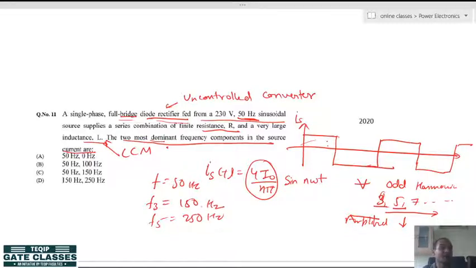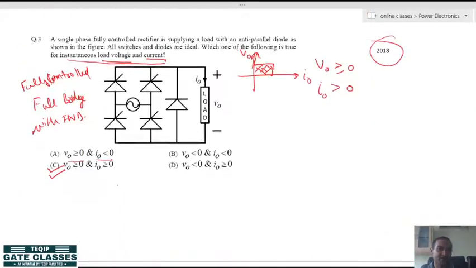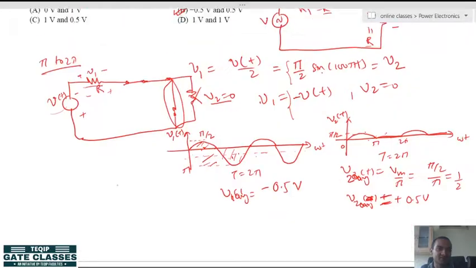Alright. So, I have told you that from performance parameters, GATE will ask direct questions. So, what will be the option? It is this. So, see how simple it is. Alright. Now let us move to the question which I have left, because that question is a little bit different.